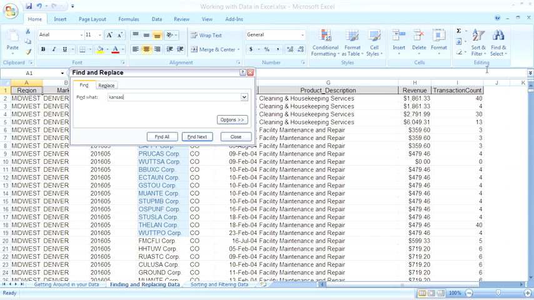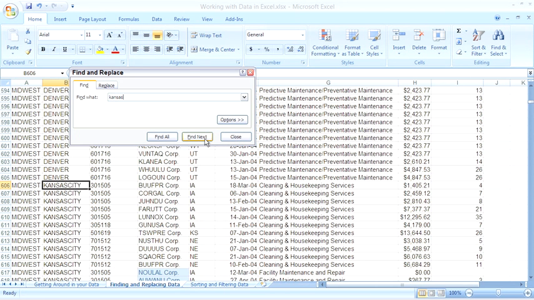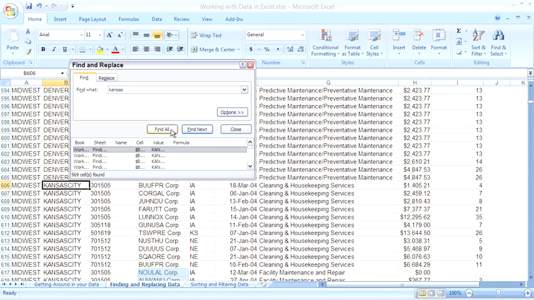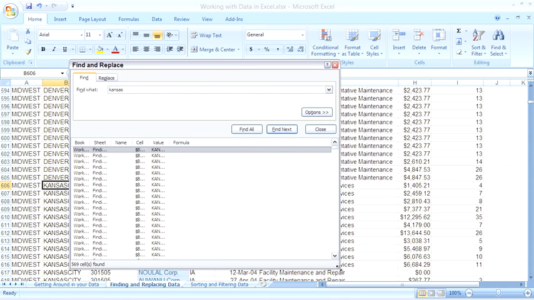And I'm going to select Find Next. So as you can see, Excel takes me to the first cell that matches my search criteria, Kansas City, and that happens to be row 606. So what happens if I click Find All? Well, if I click Find All, what the dialog box does is list out every instance of that particular search term it finds. So if I expand out this dialog box